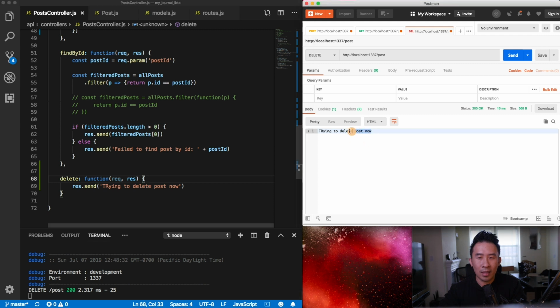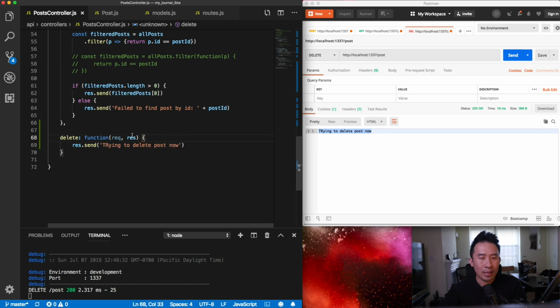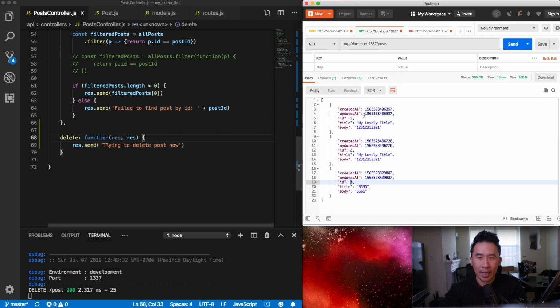So trying to delete the post now is actually being sent out. Okay, so this is just sending all of this to the actual Postman tool right now. So that looks pretty good. And in order to delete a particular post with an ID of 1, 2, and 3, I'm going to go